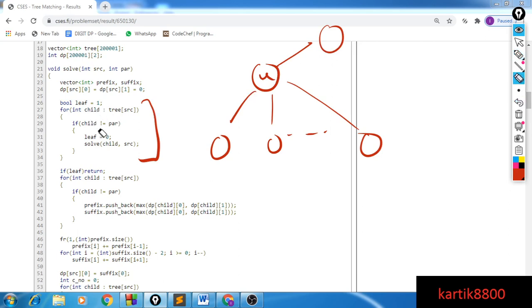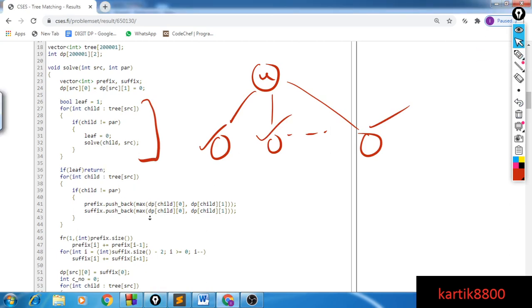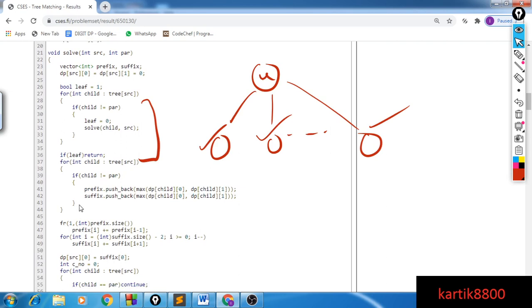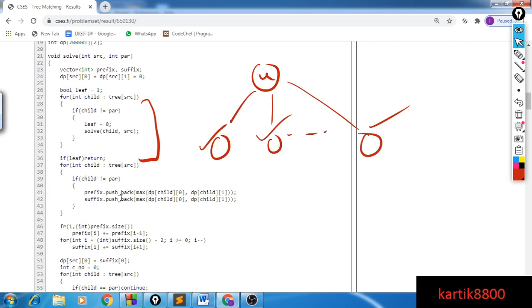So I will ignore the child if it equals the parent of this node. I will evaluate the answers for all these nodes first. Once these answers have been evaluated, if my node U was a leaf, I simply return, my work is done. But if it wasn't a leaf node, then I'm going to evaluate these prefixes.